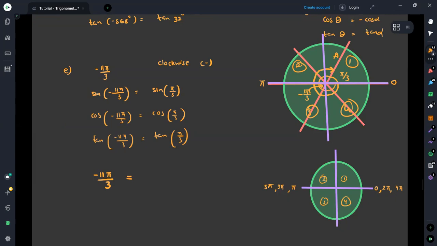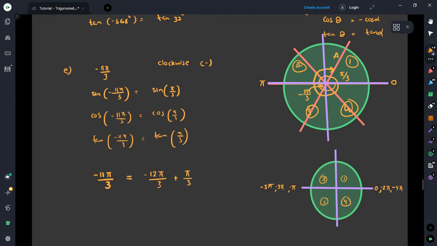Here we are starting from 0. Then this would be minus π, minus 2π, minus 3π, minus 4π, minus 5π. Therefore, it can be in the clockwise or anti-clockwise direction, but the multipliers will not change. Here we need to find minus 11 times π over 3. Instead of taking minus 11 times π over 3, we are trying to identify a multiplier of π. Therefore, I can write it as equal to 12 times π over 3 minus 12 times π over 3 plus π over 3.